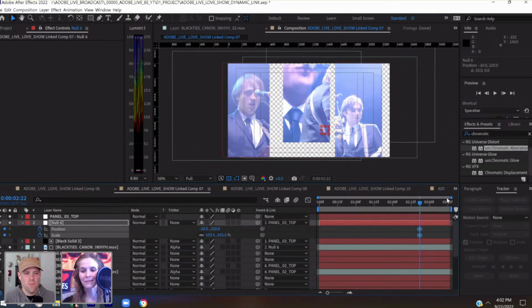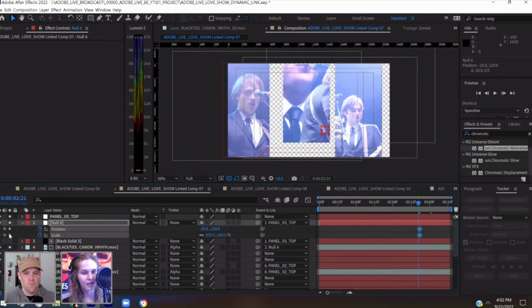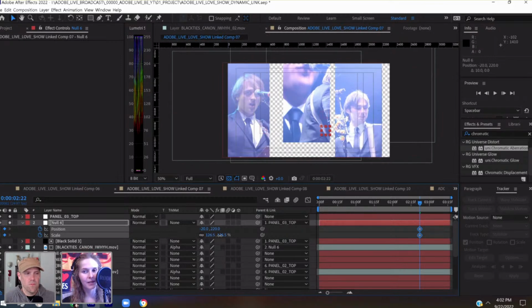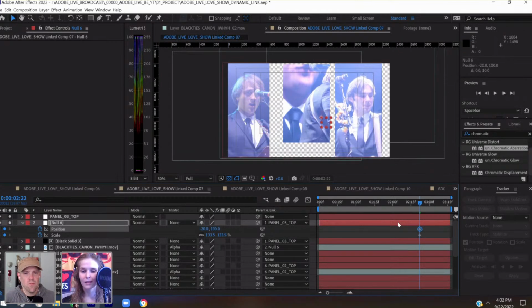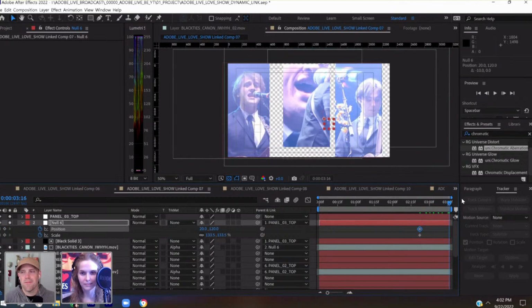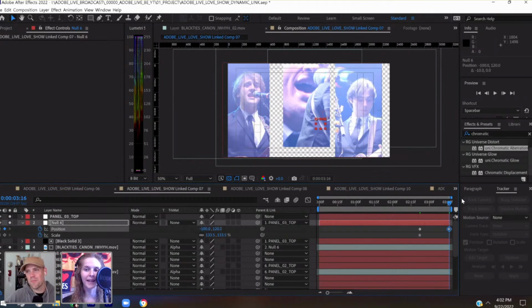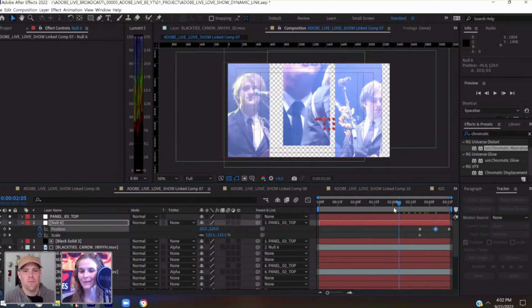I'm going to re-keyframe these just to make it a little bit easier. All right, so I know how this should be framed. Again, the goal is to strongly frame the visuals in the best possible way, which is why we broke up the second panel into